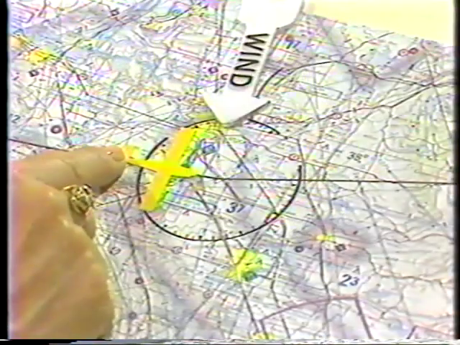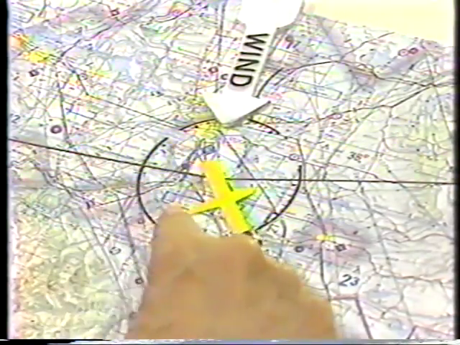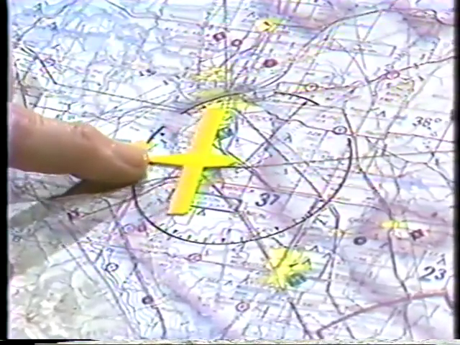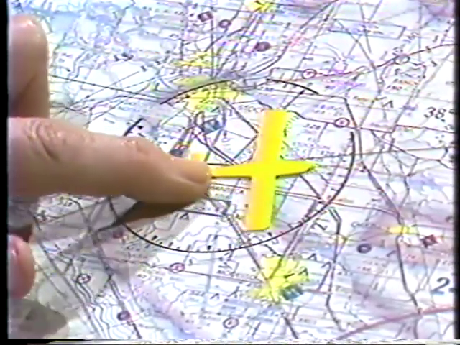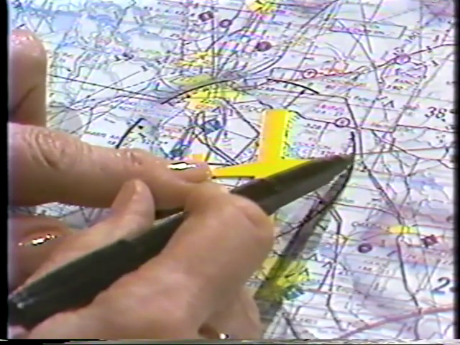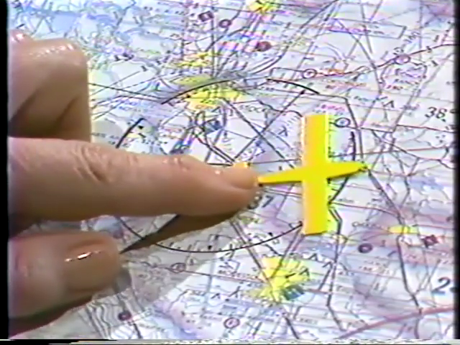Now we must again intercept our course as we did departing from Oakland. The recommended method of intercepting the outbound radial when the heading is different from the inbound course is to fly to the station and then turn over the station to the pre-selected outbound course. On our flight, that course is 057 degrees. Flying on this heading will keep us in the same direction as the outbound course. Next, we'll determine our intercept angle if it's necessary. Our flight instructor has suggested a 30-degree intercept close to the station.